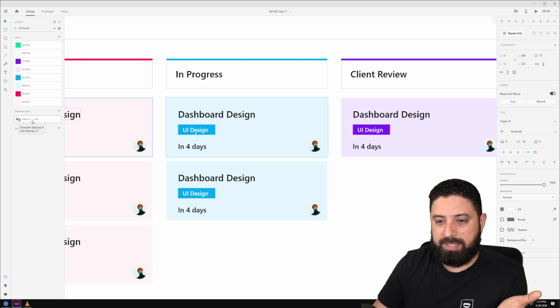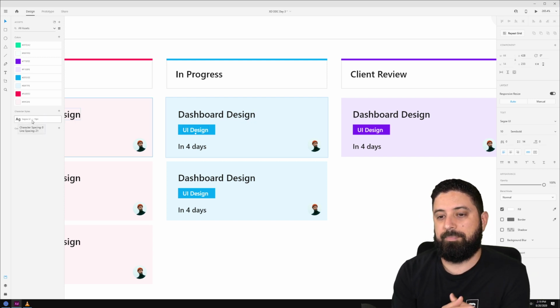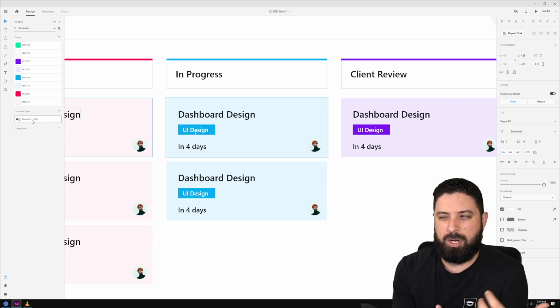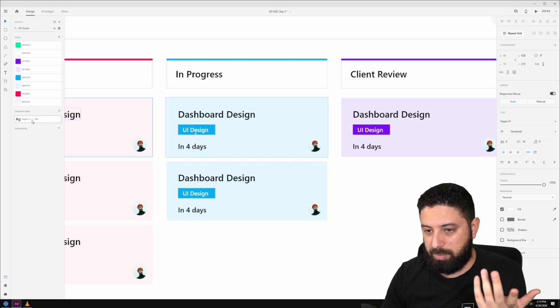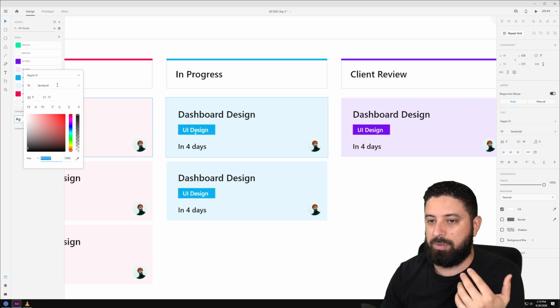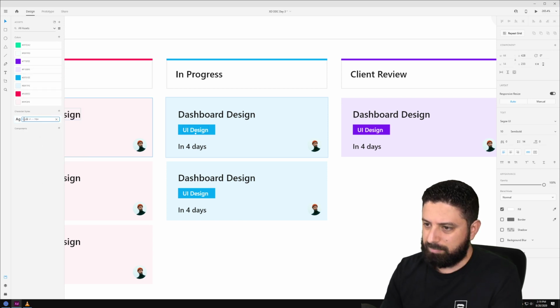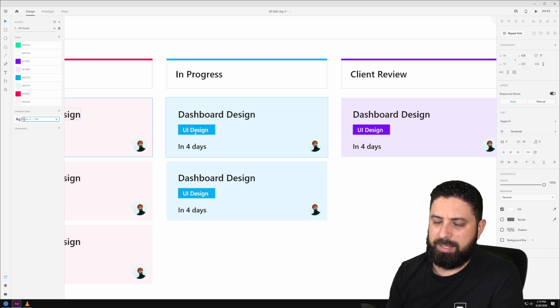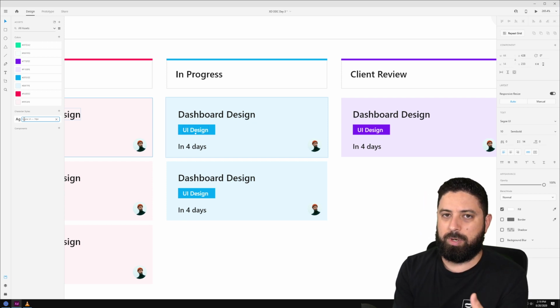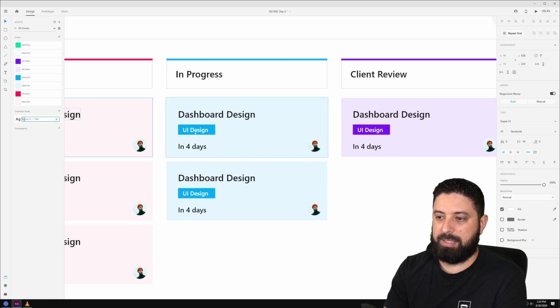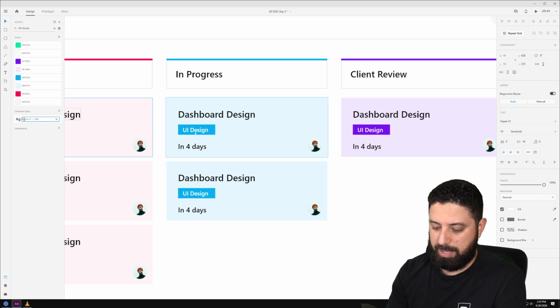Now, when I take a look at this, it's going to show me the font that I'm using, the size that I'm using it, but that's really hard to understand and know as you get further into the project what that's being used for. So I'm going to show you a best practice that I like to do. And I'm going to come in here and I'm going to hit rename. And what I like to do here is you might want to use like title 1 or H1, H2, H3, etc., or give it a name that is specific to its use case. So in this example, I might do something like